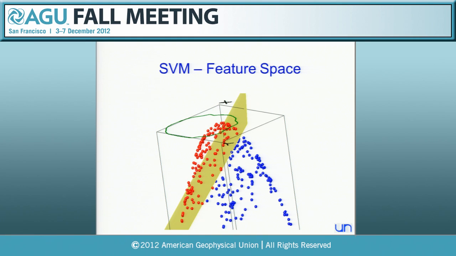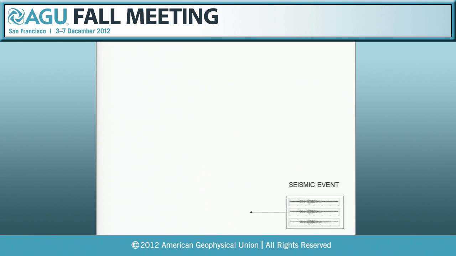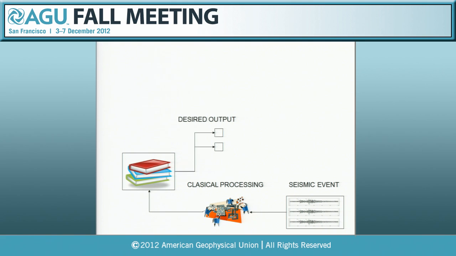What we use is support vector regression to find magnitude, distance, and azimuth. How do we do that? So this is the seismic event. In general, a seismic event has a classical processing, location, and calculation of magnitude. This goes to files and is kept somewhere. This is what I call here the desired output. This is what I know of previous events. And what I do with the support vector machine is take this information